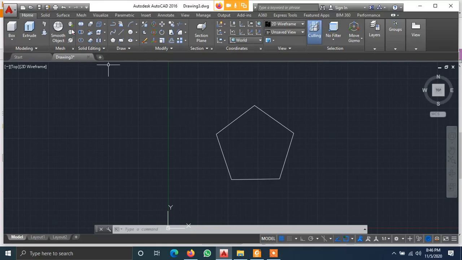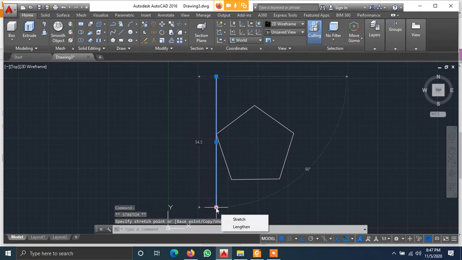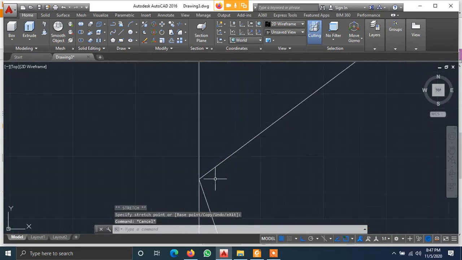So use the rotate command, but before that use a line which is parallel to the wall. Then we can make an angle very easily. This is the reference line.